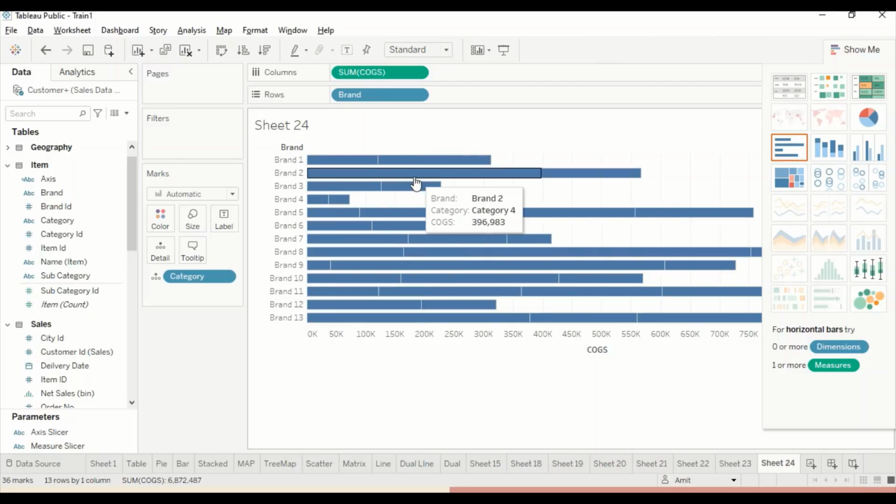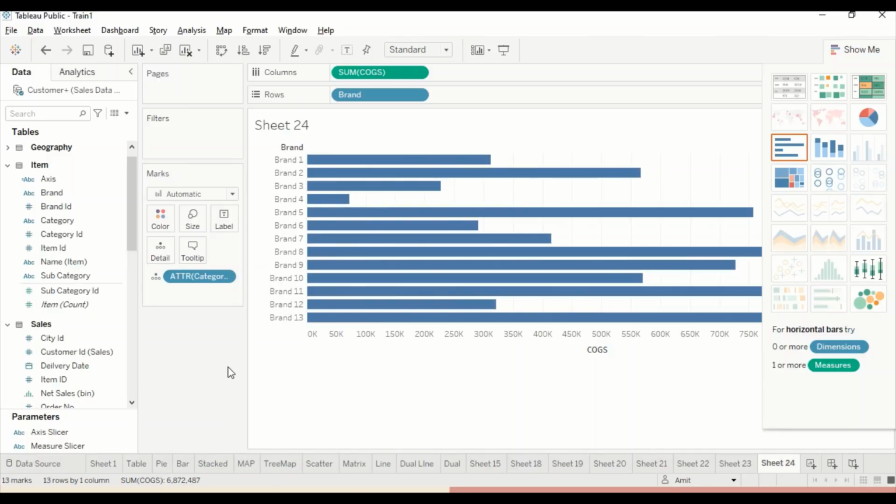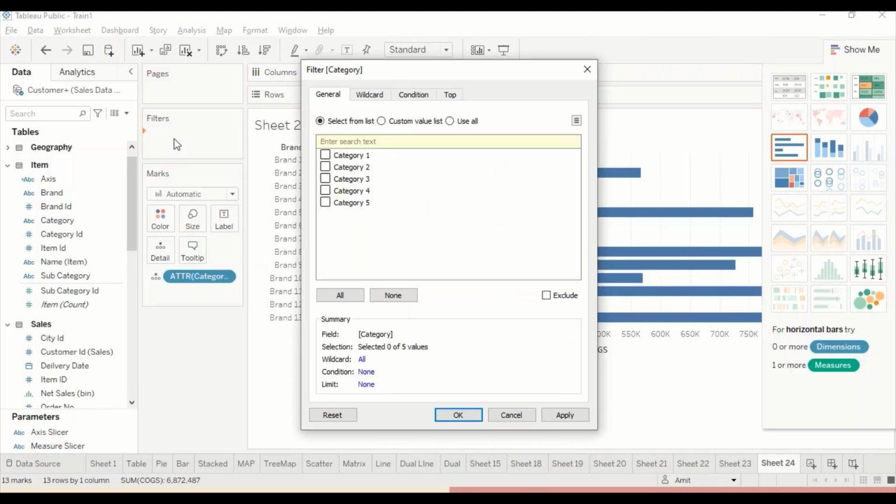Everything right now is multiple, as the initial data was. And then you can go here and make it an attribute. Now this is runtime stuff which we are doing. You don't see the distribution here. You still see all the categories, but you see there is more than one category. Now again, we can do the same thing. We drag the filter out here, and we exclude category 4. I can actually use exclude instead of this one. So I click on exclude, and I say exclude category 4, and I say apply.